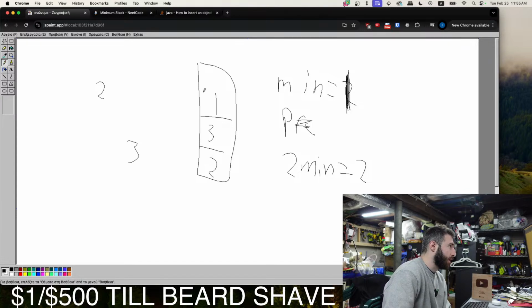And we stop there. Okay, say we pop out 1. So now the minimum is not 1 anymore. So we'll check. Pop 1. Is 1 the min? Is the value we just popped the min?